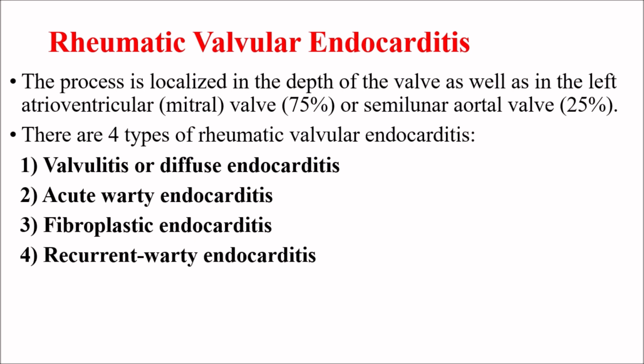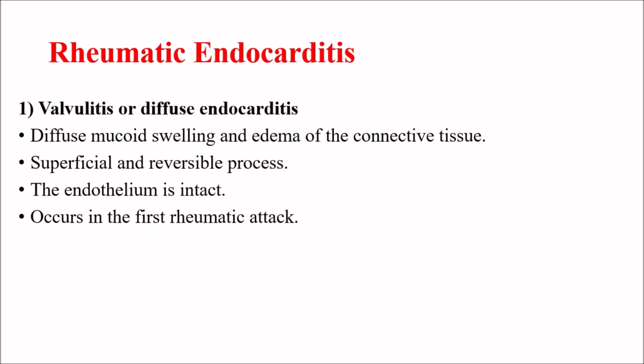There are four types of the rheumatic valvular endocarditis as well. First, the valvulitis or diffuse endocarditis, acute warty endocarditis, fibroblastic endocarditis, and recurrent warty endocarditis. The diffuse endocarditis is characterized by diffuse mucoid swelling and edema of the connective tissue. This is a superficial and reversible process. The endothelium is normal, not affected,